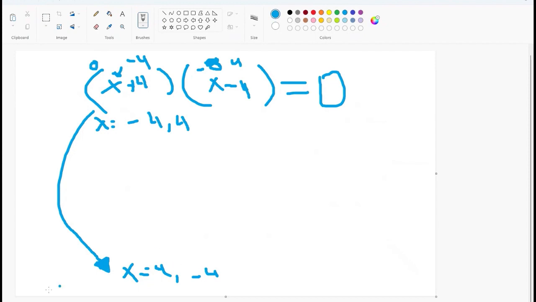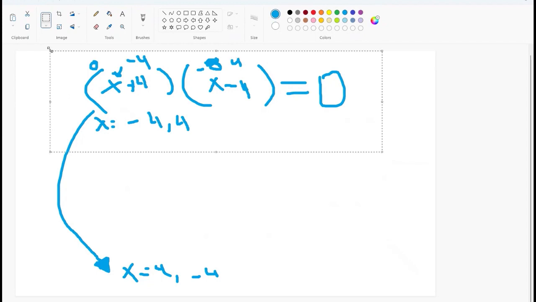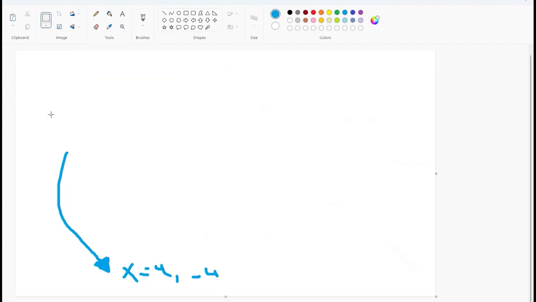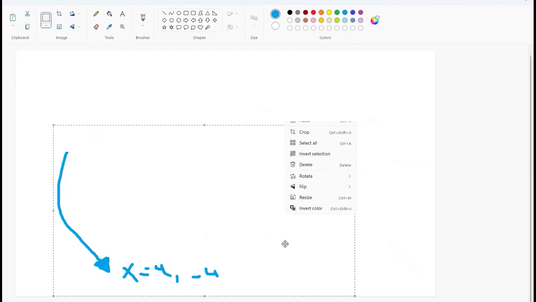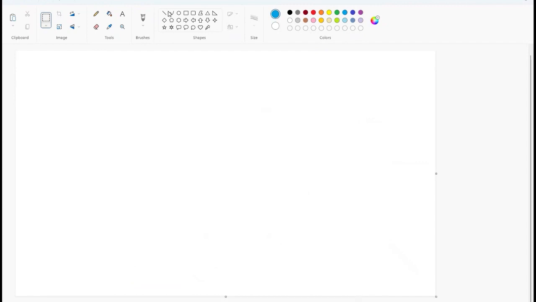So now I'm going to show you how to make this into factored form. Actually, wait, no. First, I'm going to show you another way that you might see it. It's kind of just a more complicated version. Let me erase all of this. Okay, so